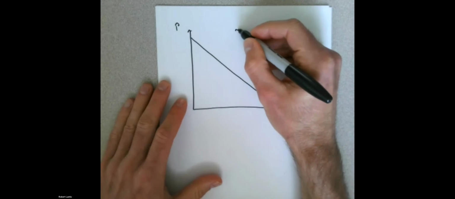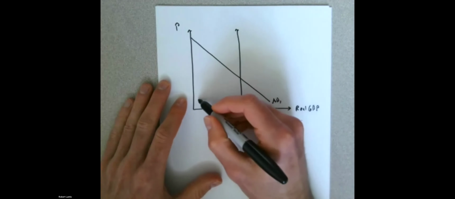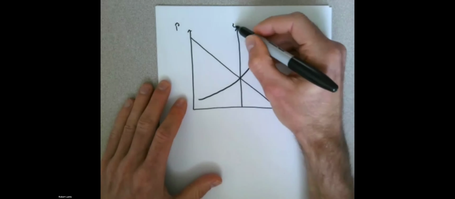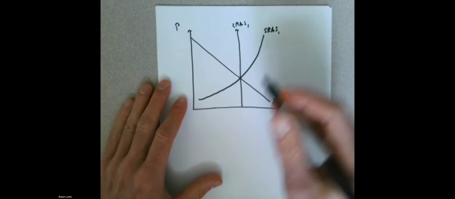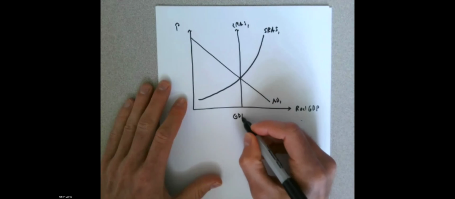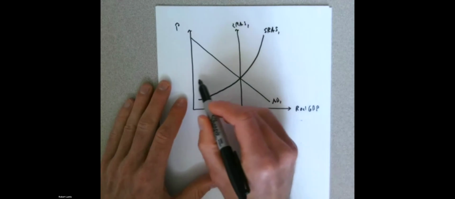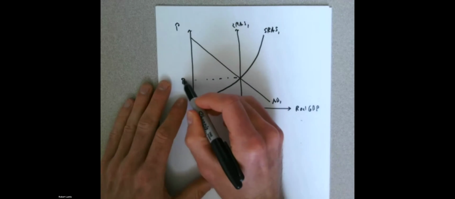So let's say we start out, and here's my long run, short run aggregate supply. Here was my initial long run level of GDP. If we wanted to, we could identify those prices. So we're told we have these simultaneous shifts. So you can draw these shifts out separately.